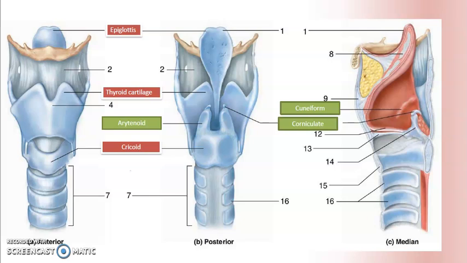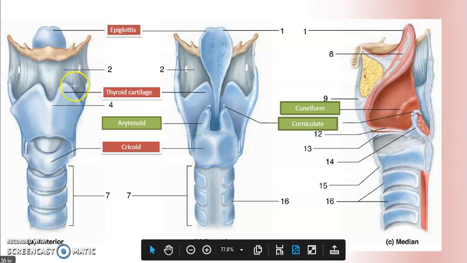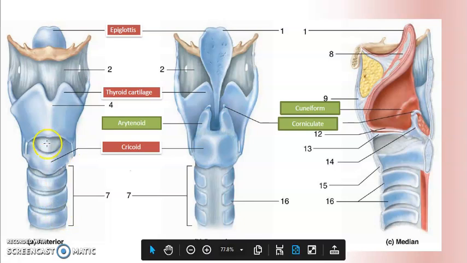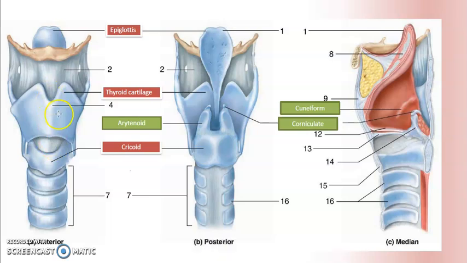So let's see that. This is the anterior profile of the larynx. This is the epiglottis, this is the thyroid cartilage, this is the cricoid cartilage, and these are the tracheal rings. Connecting the cricoid to the thyroid is the cricothyroid membrane. Connecting thyroid to hyoid is the thyrohyoid membrane. This is the epiglottis seen from behind. It's connected to the inner surface of the thyroid cartilage by the thyroepiglottic ligament.